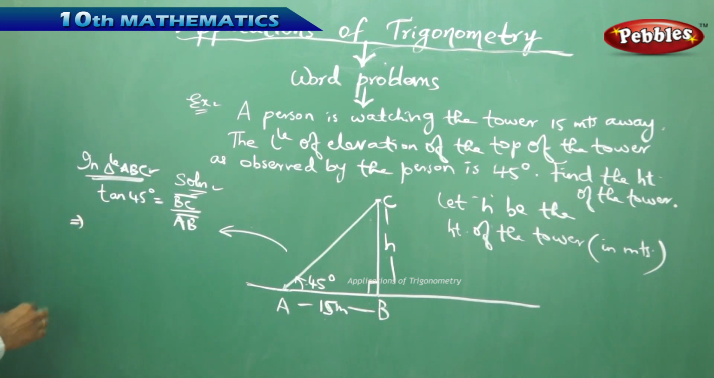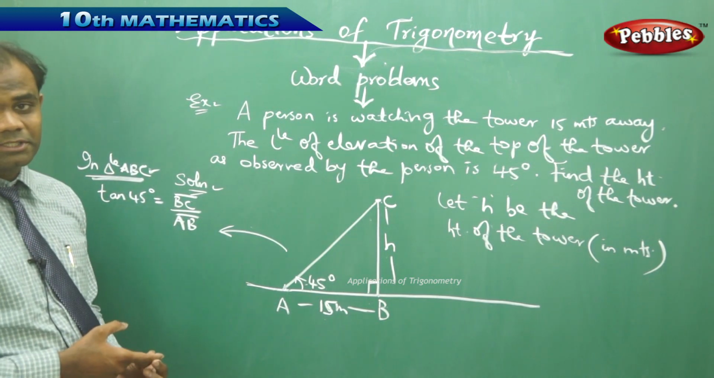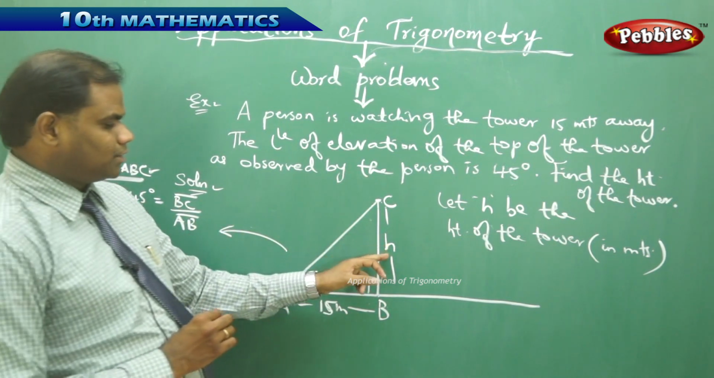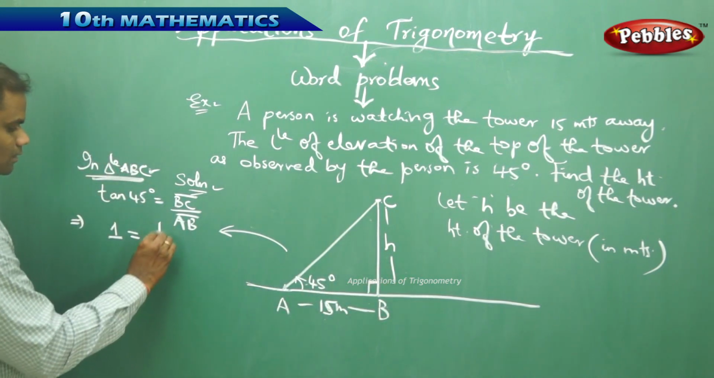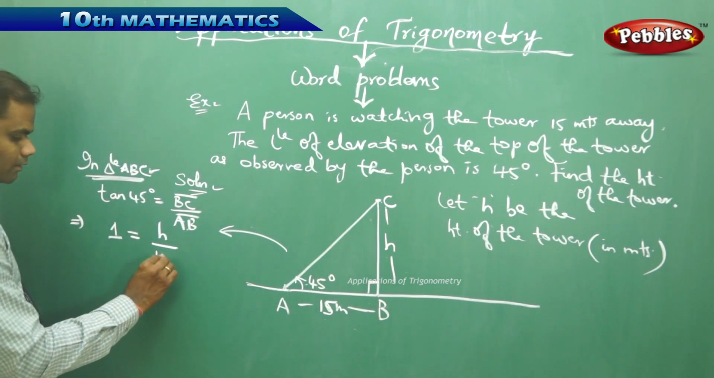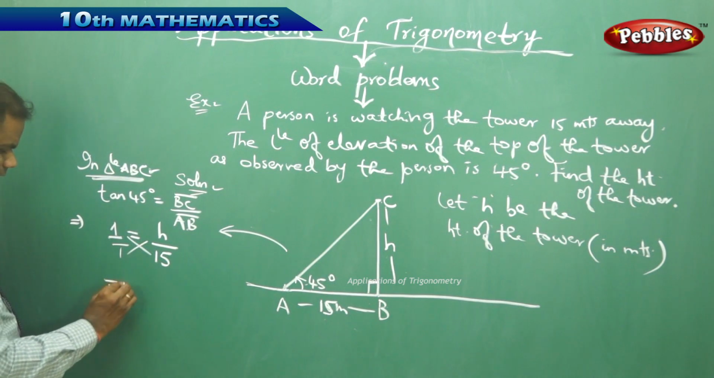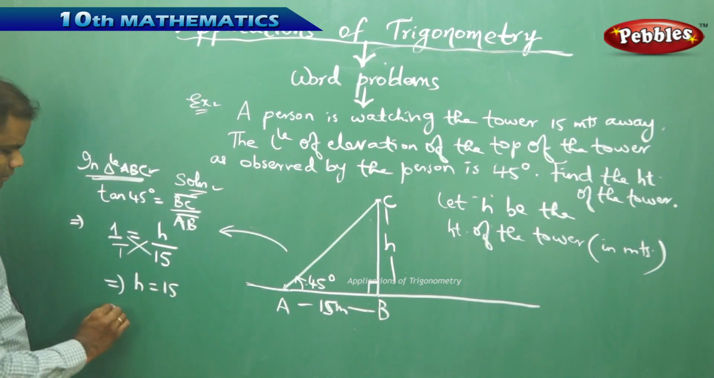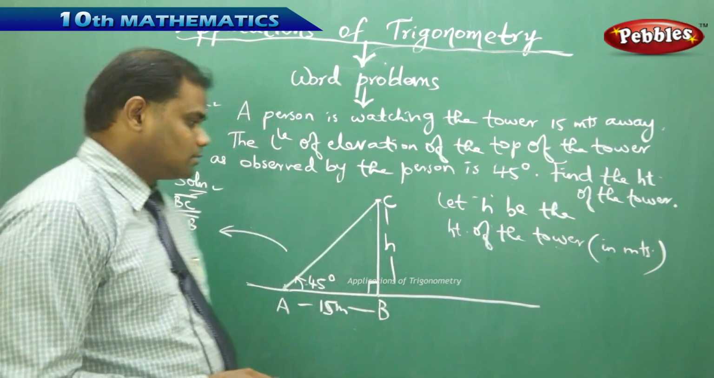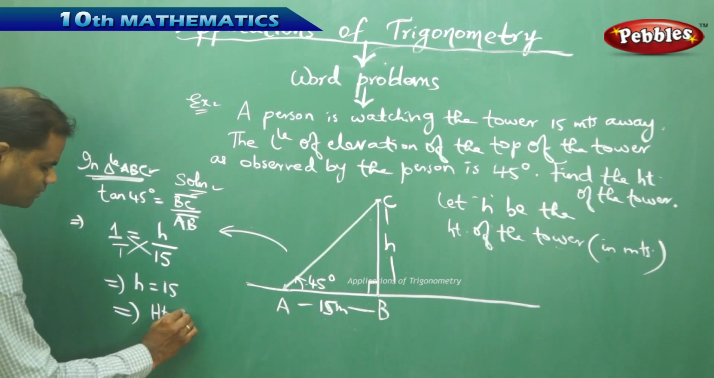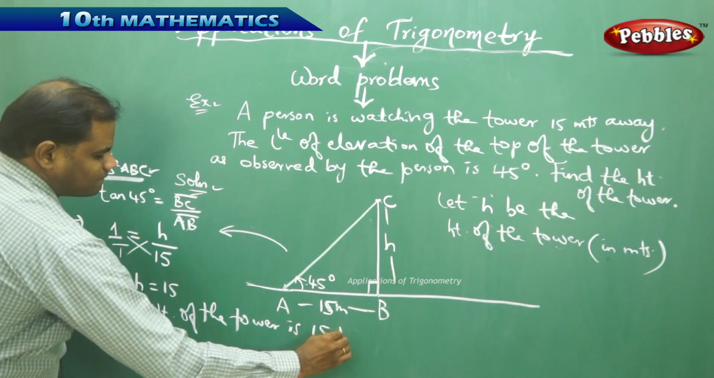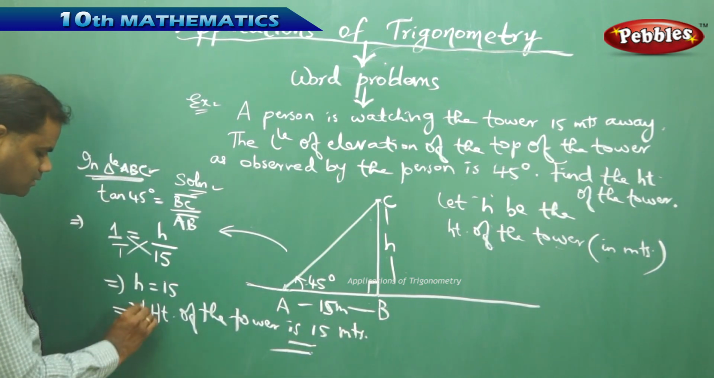I get, from the trigonometric table which we have defined for special angles, tan 45 is clearly 1, and then my BC is h, as can be seen from the triangle ABC, and my AB is clearly 15 meters, as can be seen in the triangle. Now on cross multiplication, I get h equals 15. That implies h, which is the height of the tower, is 15 meters. So with this, I get that the height of the tower is 15 meters